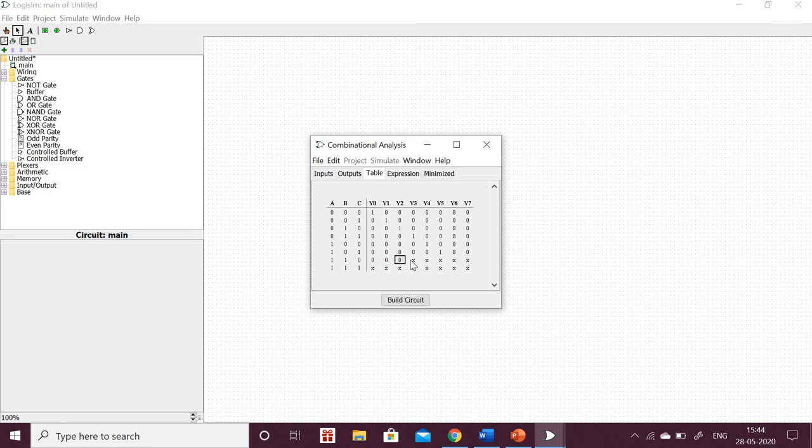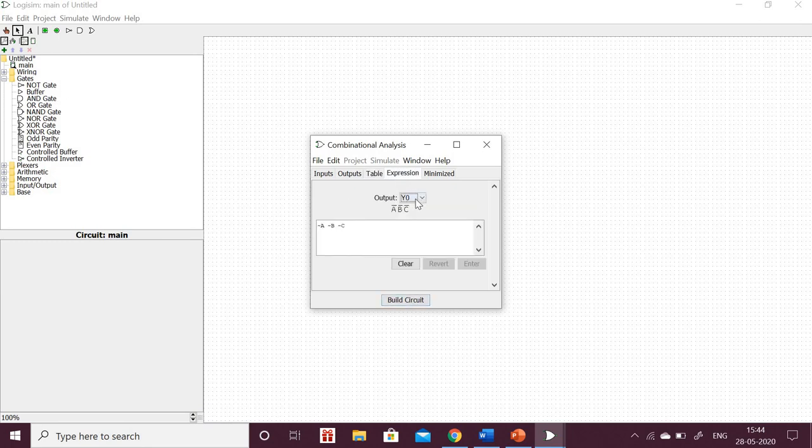For 110, I will make y6 as 1 and remaining all zeros. For 111 I will make all zeros except y7. Now look at here. So now for 3 inputs the corresponding decoder outputs you can see. Now if you want to see the expression also, you can see for y0 this is the expression, for y1 this is the expression, for y2 this is the expression. You can see all expressions, and how the y0 expression is taken with respect to the Karnaugh map, that also you can see, and what the y1 expression is, what the y2 expression is, and all these things you can see here. So now I will construct a circuit.